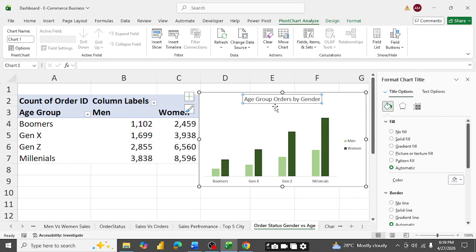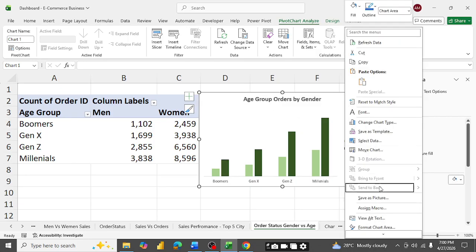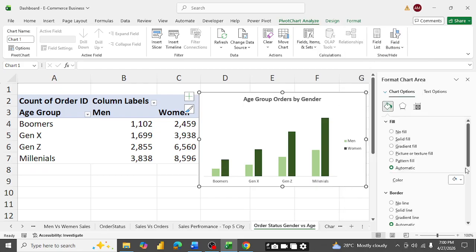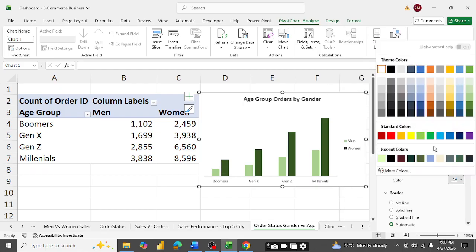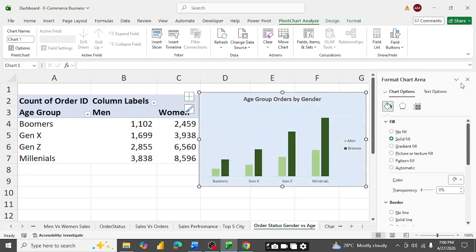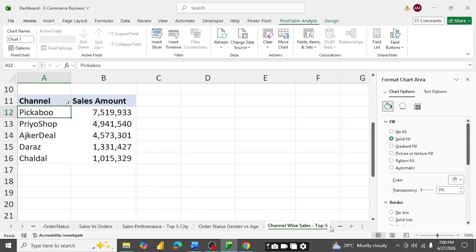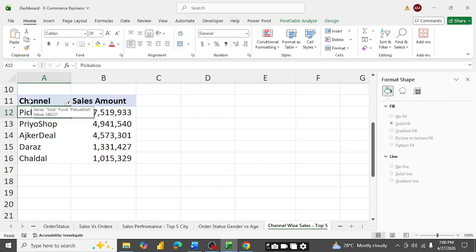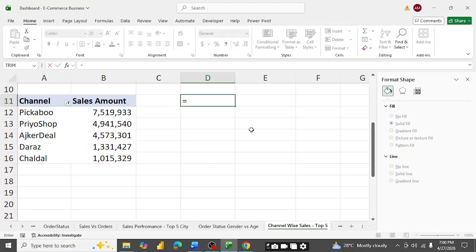So we just need to select it, make it bold, and then make it a different color. We just need to show it in a different color so that we may put it in the chart. So now we just need to go to the next one, the channel wise distribution. What we have to do over here is put a